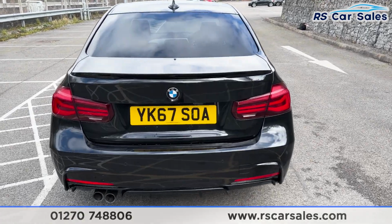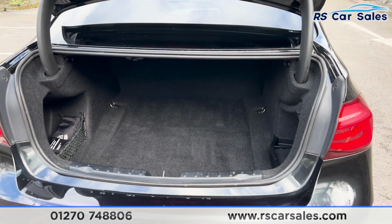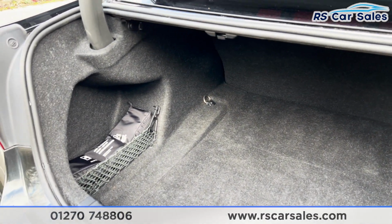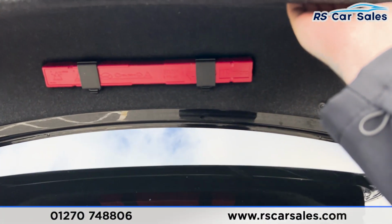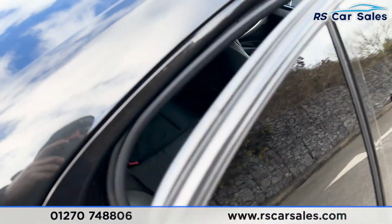As we just take a look inside the boot, underneath the BMW badge, just lift up. We've got plenty of space for whatever you may need, including the cargo net to the left for accessories. Hand inside and pull down, and as we just take a look at the interior, you'll be able to see